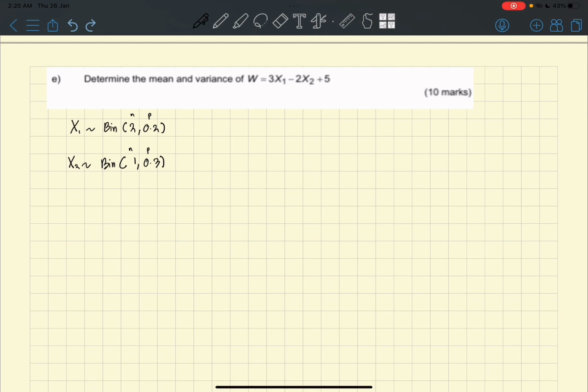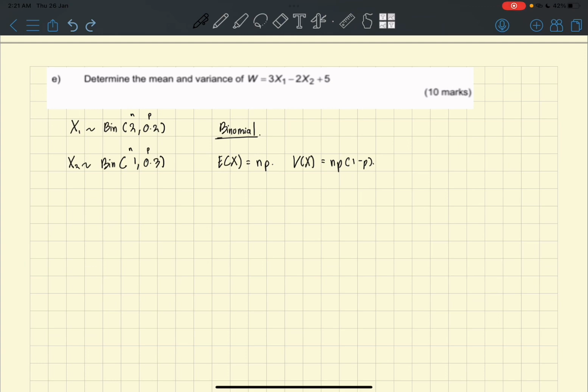So we know that both S1 and S2 are binomial random variables, where for S1, N equals 2 and P equals 0.2, and for S2, N equals 1 and P equals 0.3. So to find the mean for a binomial is N times P, and the variance for a binomial is N times P